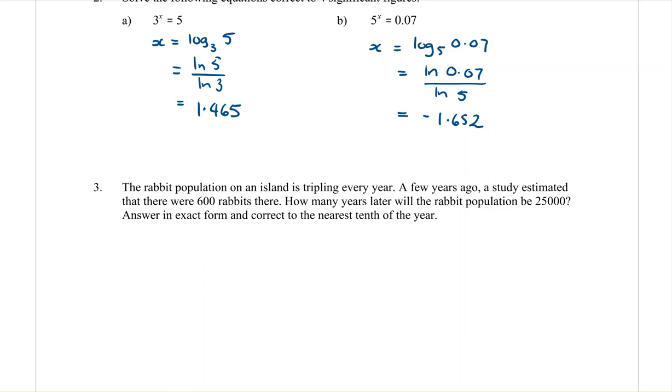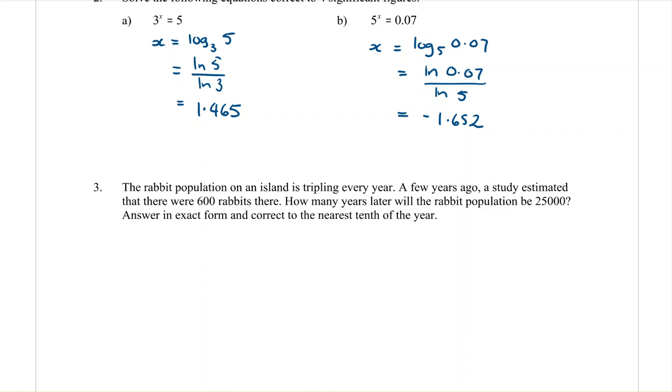A rabbit population on an island is tripling every year. A few years ago, a study estimated that there were 600 rabbits there. How many years later will the rabbit population be 25,000? Answer in exact form and correct to the nearest tenth of a year. Okay, so